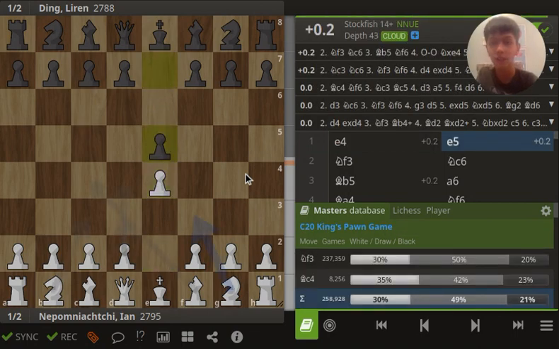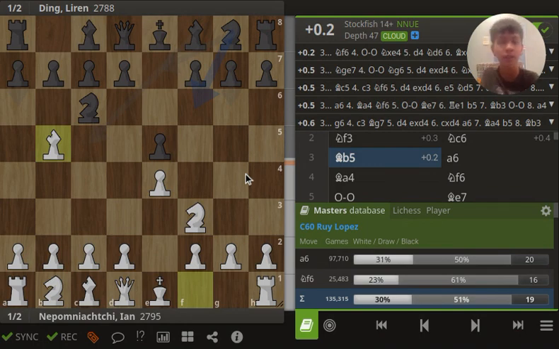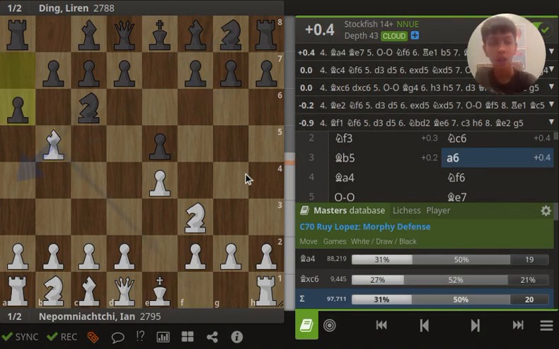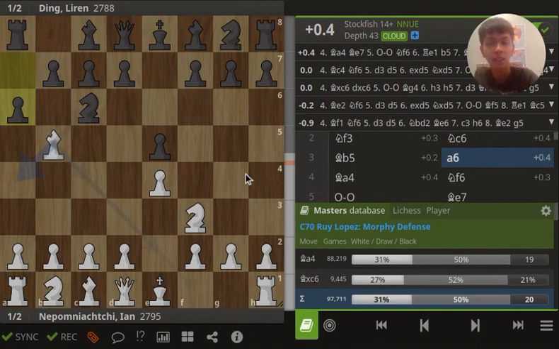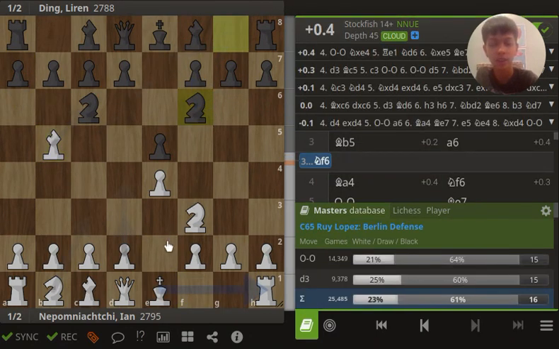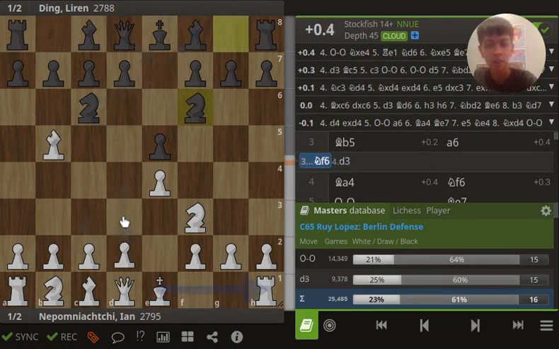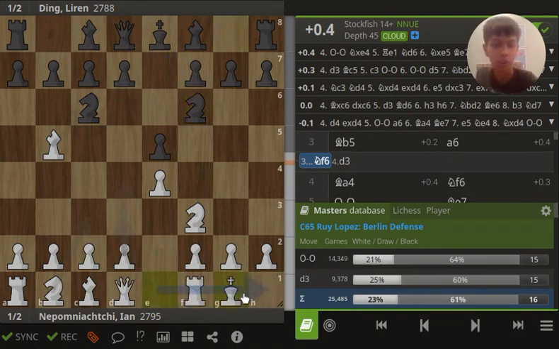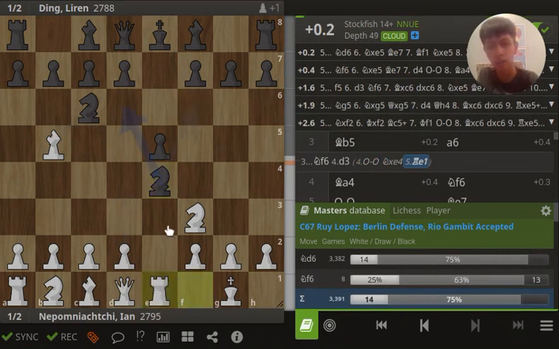E4, E5, Knight F3, Knight C6, and this is a Ruy Lopez or Spanish. The Morphy defense, and then a variation of the Berlin. The Berlin would be just this right away. This is the Berlin defense. Then you could go here. This is called the anti-Berlin. Or most people just castle here because at the end of the day, you go here and then